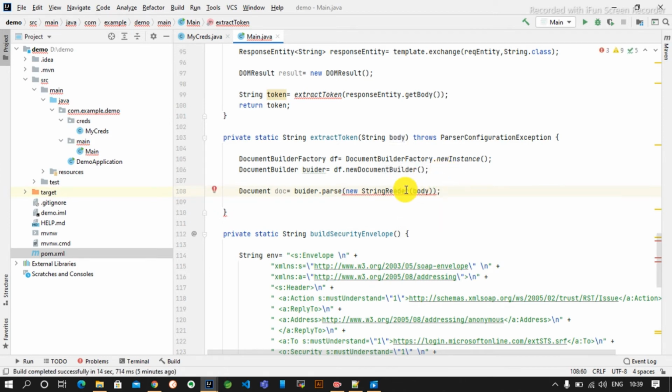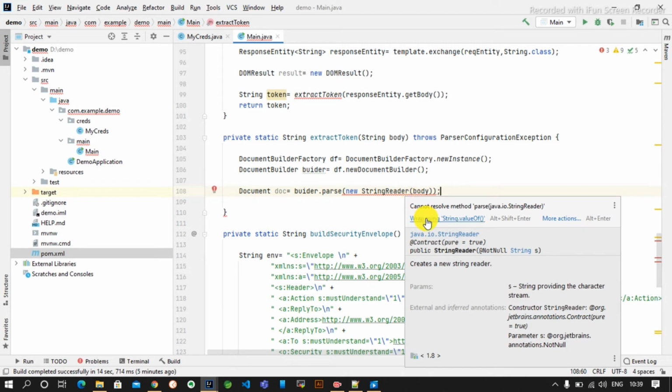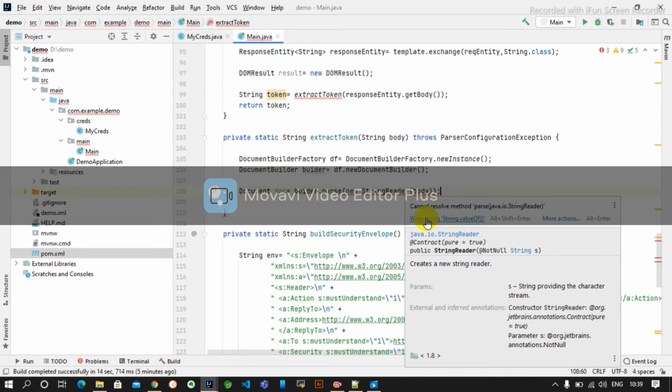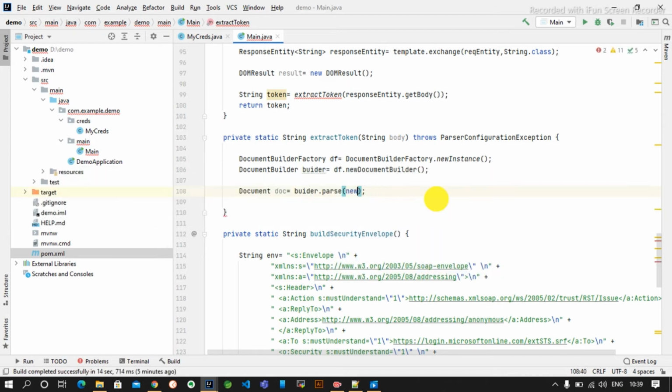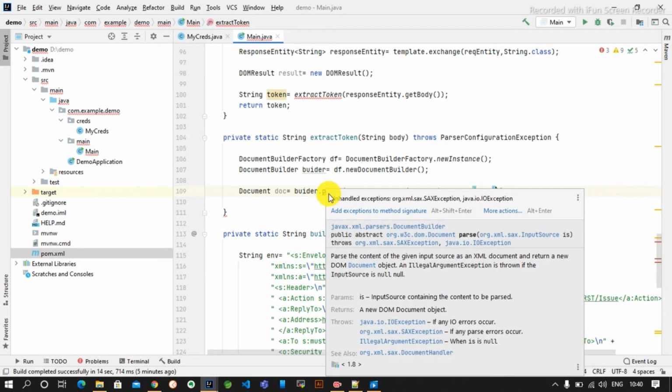I think it will tell us to throw an exception. Wrap using string, new input source. Okay, understood. New input source equal to this one. Okay, it is saying that exception.